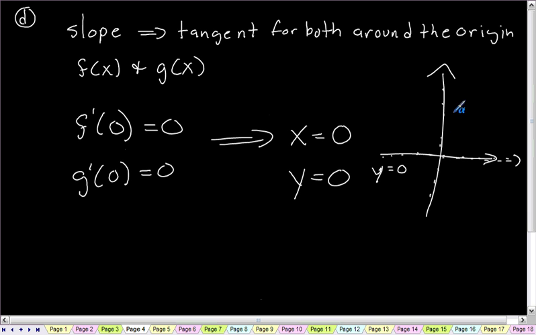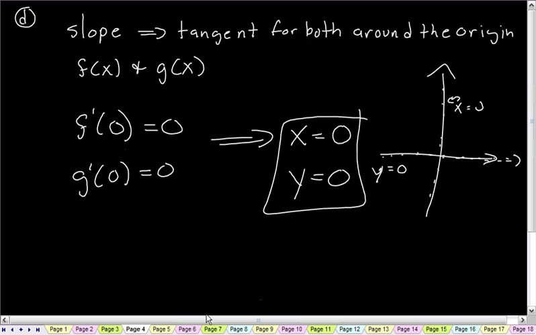So that's our x equals 0. This line, which is the axis. So x 0, y 0 right at the origin. If it had been somewhere else, it's different. But right at the origin, it's at 0, 0. That was number 1. Number 2